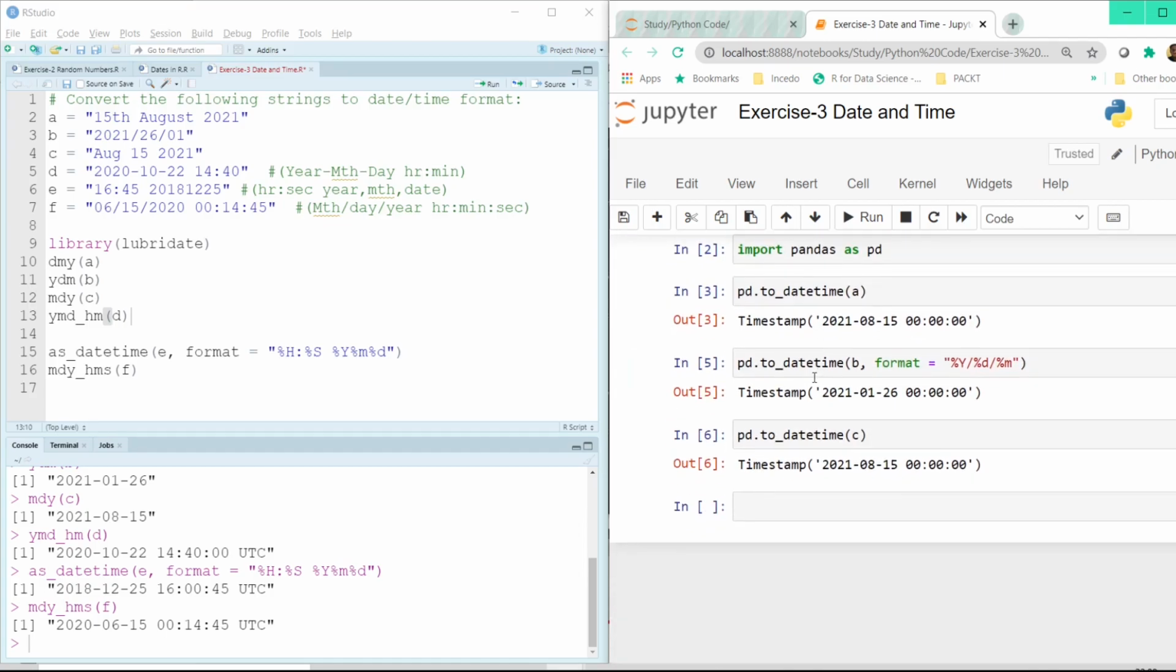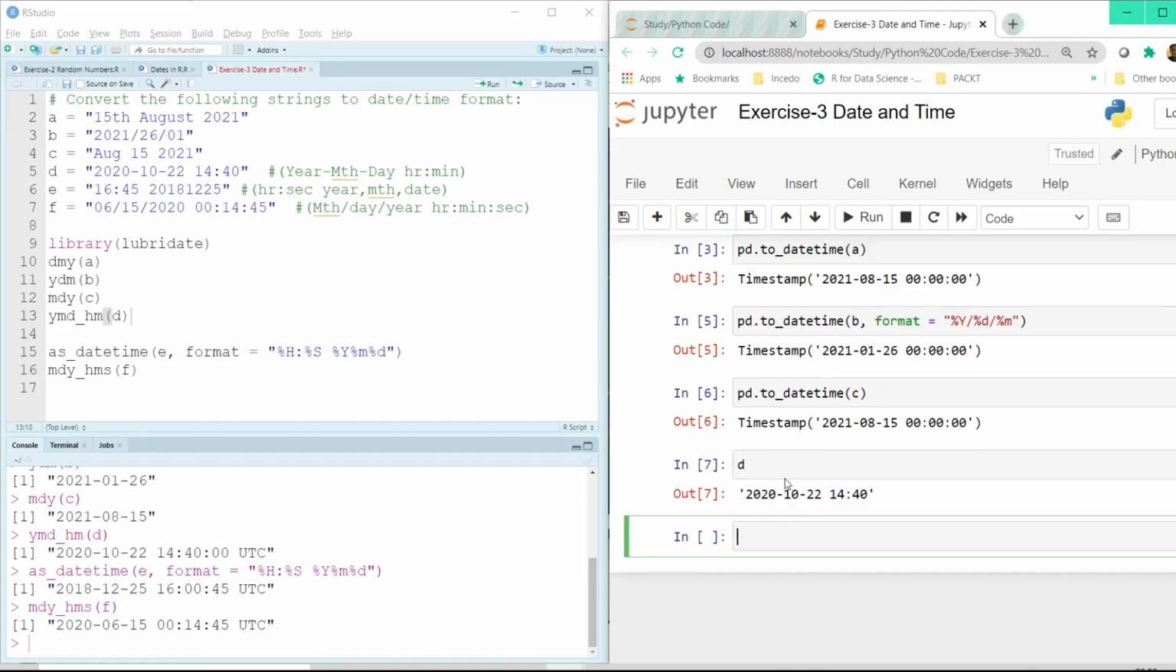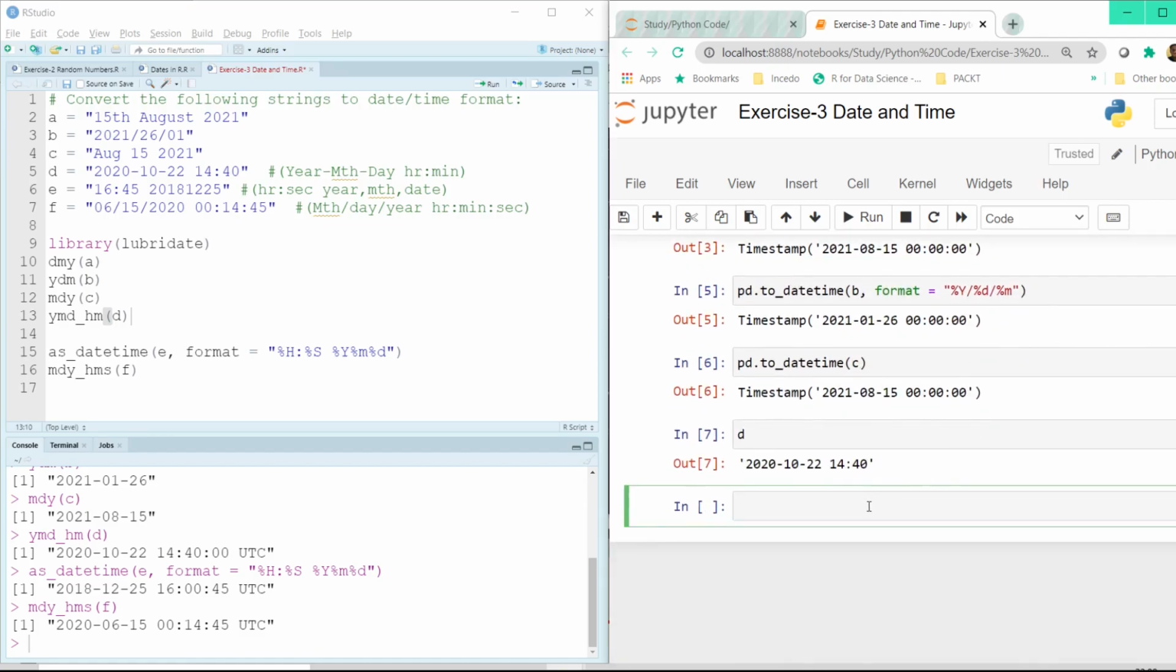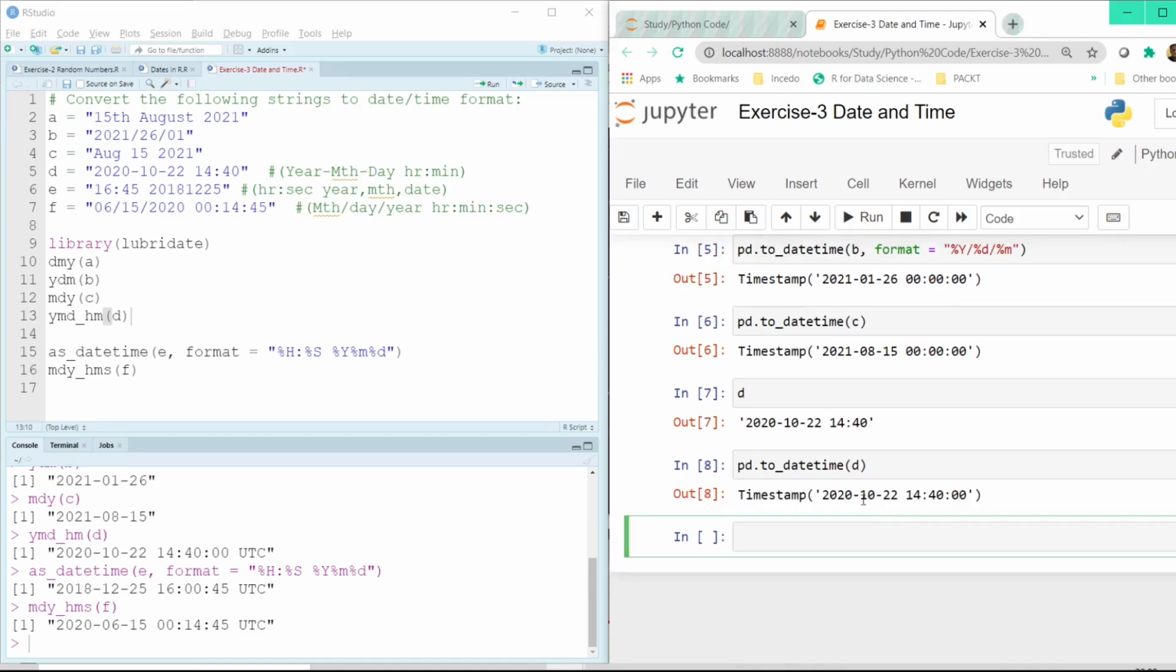Now, rather than me keeping on scrolling every now and then, let me just execute D here. Now to convert D, this is a proper year, month, day, and hours, and 40 is minutes. So let's see if it can correctly identify this. pd.to_datetime, and once we pass D inside, we have year, month, day, and hours and minutes, and since there are no seconds, it has put 0 over there. Pandas is again smart enough to identify each and every parameter that we have passed,